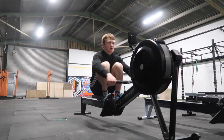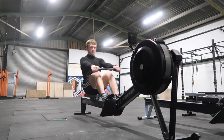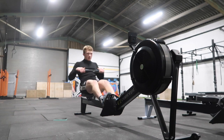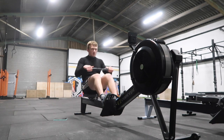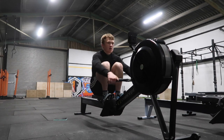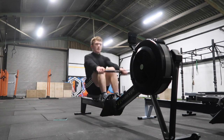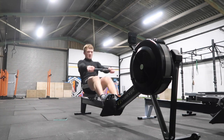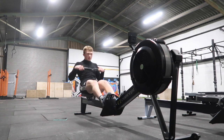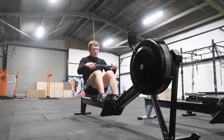So what I should have done, my plan was to go out with this 2K sustaining a 140 500 meter split pace, so doing 140 every 500 meters, so 1,000 meters would be 3 minutes and 20 seconds, good maths there Albert, and just be able to sustain that. But I was feeling really confident, and as soon as I started I was able to pull 135, 132 500 meter split, and I was like, I can sustain this, it's going really well. So I thought I would try and